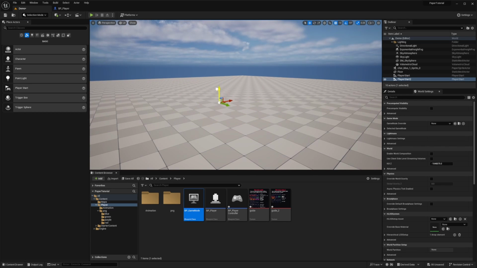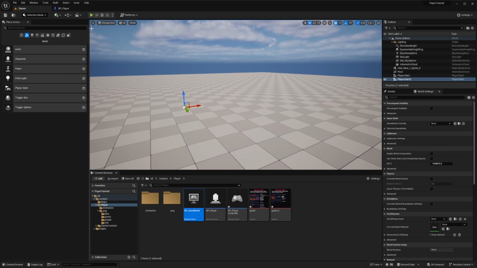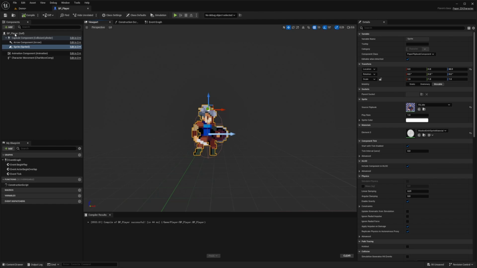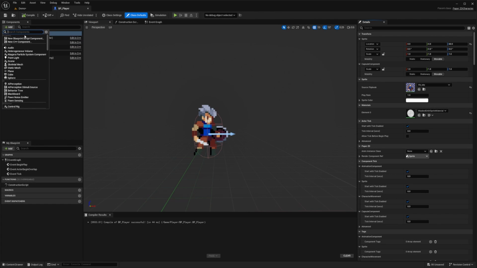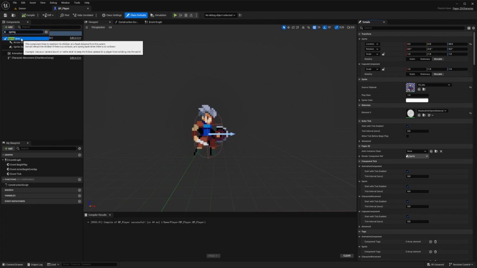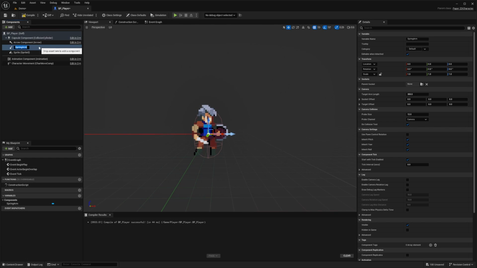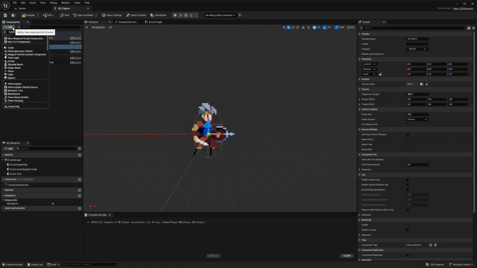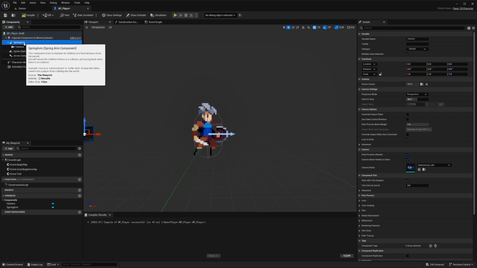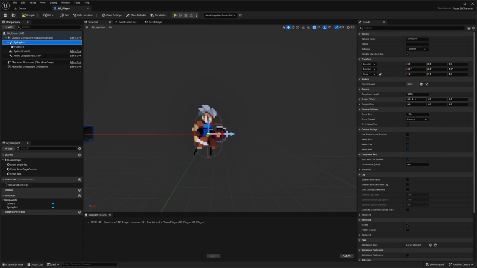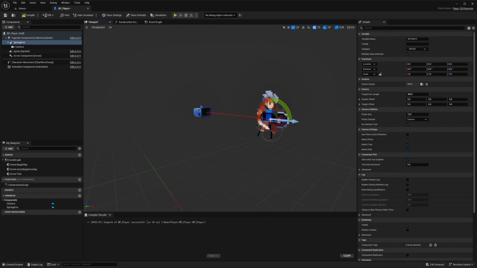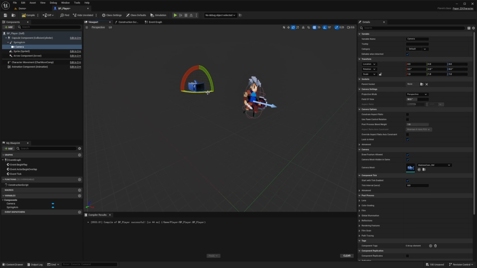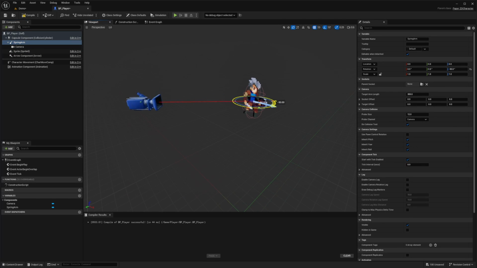I don't have a camera set up, so I'm actually going to have to go back and do that. When you have the BP player selected, you can click add and then search for a spring arm, which is going to be the holder for the camera. While this is selected, I'll click add and search for camera. Now let's click on the spring arm and rotate it. We can click E on the keyboard and rotate it in front of the character. We'd want to rotate it 90 degrees from the spring arm like this, or just change it here on the rotation